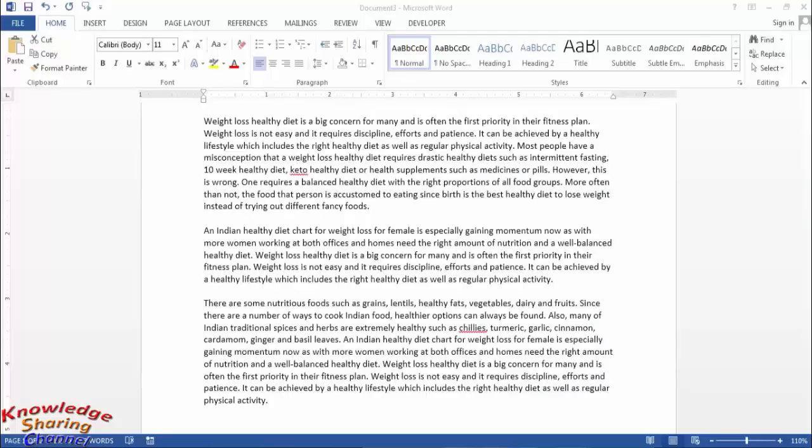Hi friends, I am Ankit and today I will show you how to create a border around text in a Word